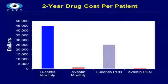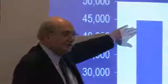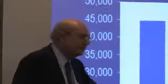Now, I've shown you all kinds of things that were much the same across the treatment groups, but the big difference is right here, the cost. So the cost of Lucentis monthly is astronomical compared to the cost of Avastin, which is in the red, and to the cost of Lucentis PRN. And that's a remaining issue. So to summarize,